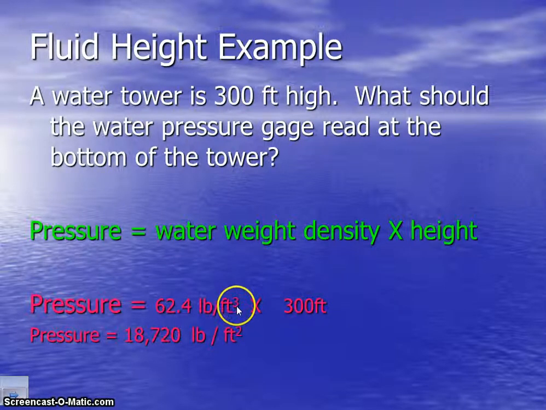See how you have a 3 in one of these numbers? One of them is going to cancel out, so you're going to be left with 2. So you're going to have 62.4 times 300, which gives you 18,720, and the unit you're going to have is pounds per square foot. Well, that ends the